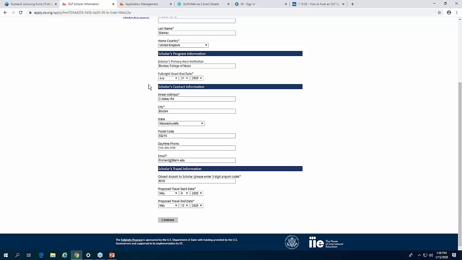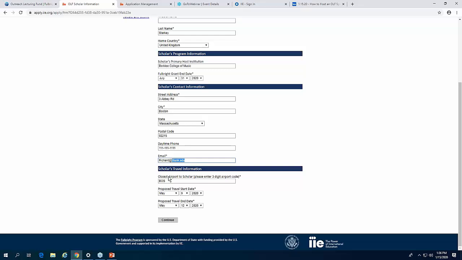Additional information that you'll get from the scholar is their contact details here in the United States, as well as their email. So we want to make sure we are on our approval emails. They also get copied on those emails when you do get approved.